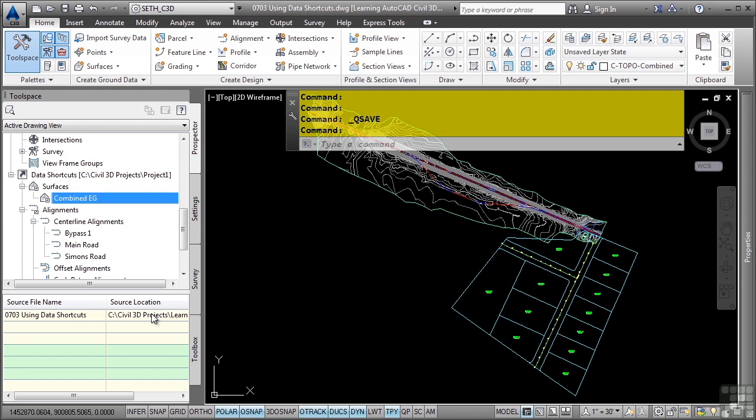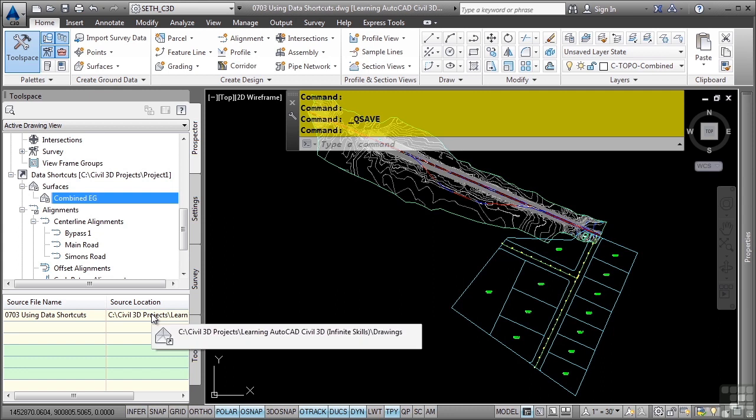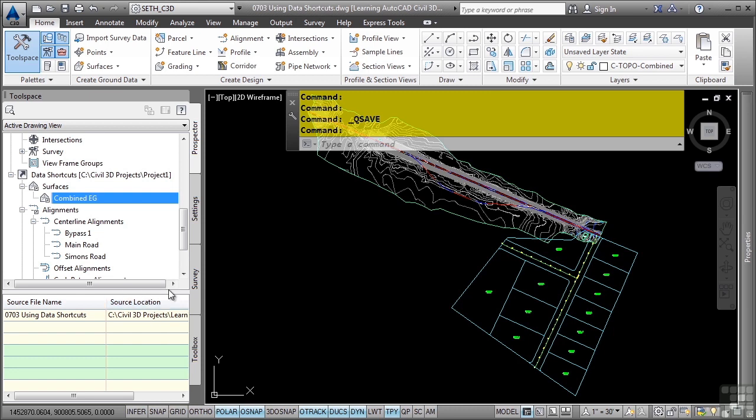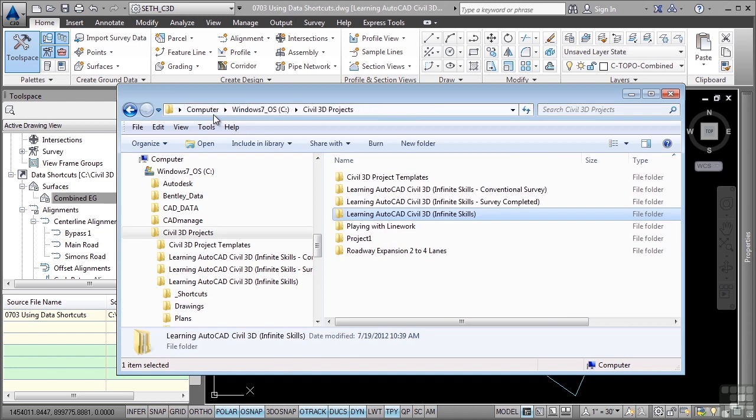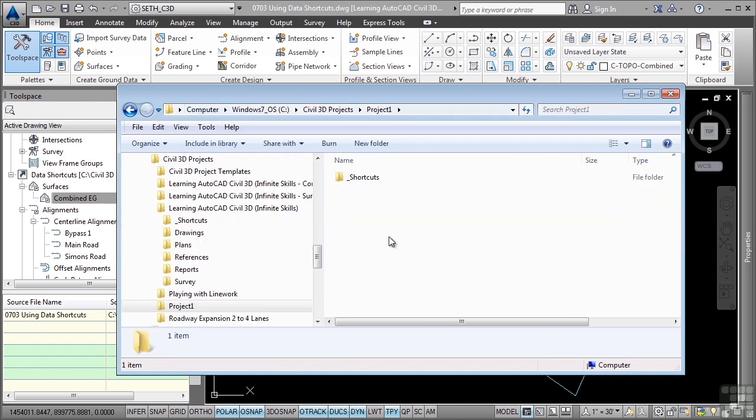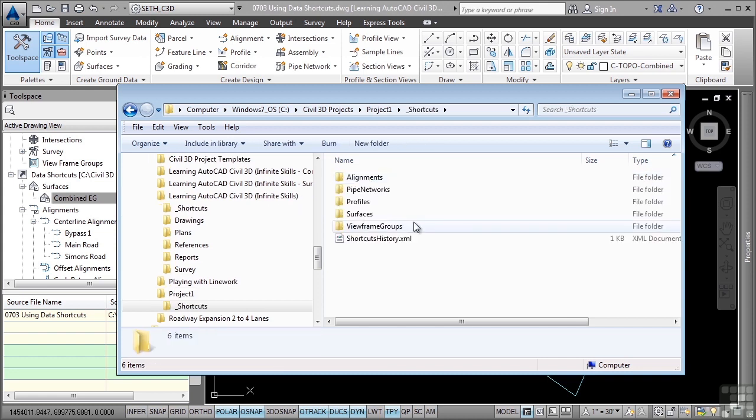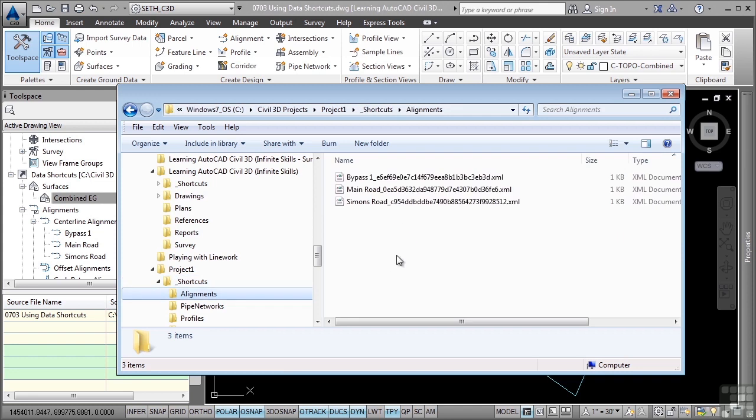Notice how it's also showing you the location of the data shortcuts right here. So let's investigate what truly happened, because knowing what happened can really help you understand how Civil3d uses these files and what you can do if something goes wrong. So let's navigate to the Project 1 folder that's under Civil3d Projects, Project 1, and notice how there's only a simple underscore shortcuts folder, and within this folder we have subfolders for the different object types that you can create data shortcuts for. So if I expand underscore shortcuts and choose the alignments folder, you'll notice that these are the